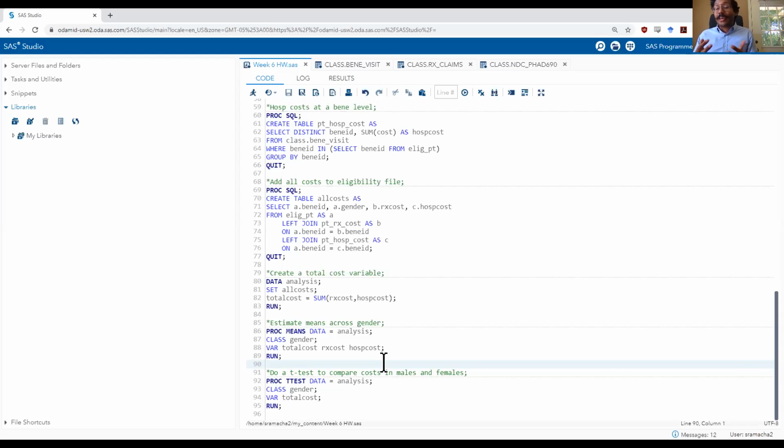There are several other limitations or caveats to doing a health outcomes project where you simply calculate all cause healthcare costs from prescriptions and hospitalizations for patients with diabetes across gender using a study design like this. But please ignore those things because this particular project was not meant to reinforce aspects of study design, principles of statistical analysis. All I had intended to show from this project was what a typical health outcomes project would look like. And I've tried to set it up to be as close to an outcomes project as possible, even though several exceptions may happen because of study design issues or statistics issues.